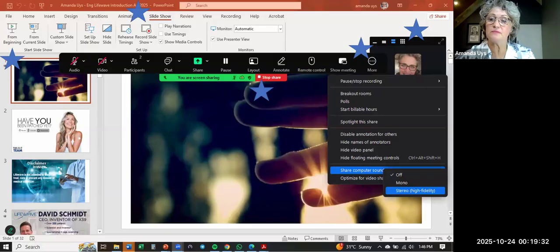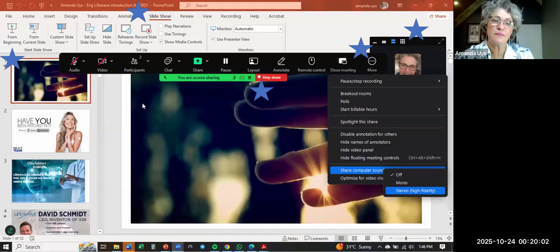Next thing that you have to do is do the sound. Okay. And then here you can see the button that says stop share. You can stop the share. Okay, you're busy sharing now. If you want to stop, you can stop it there. All right. Let's see. Now I need to move the face away. Okay, and then on the top, you can see slideshow. You're going to press slideshow, and you're going to press from the beginning there in the left side in the bottom.